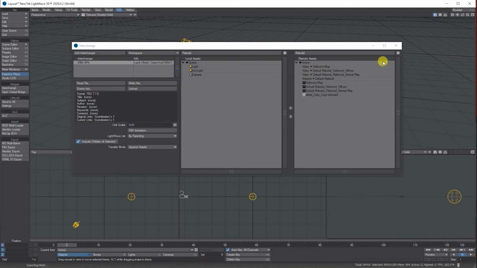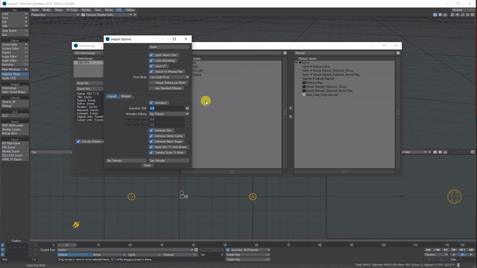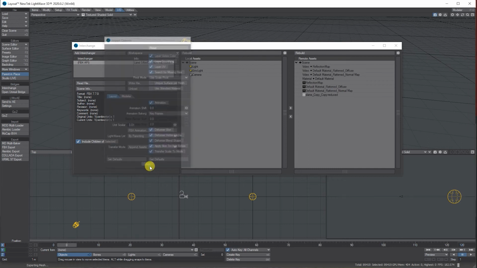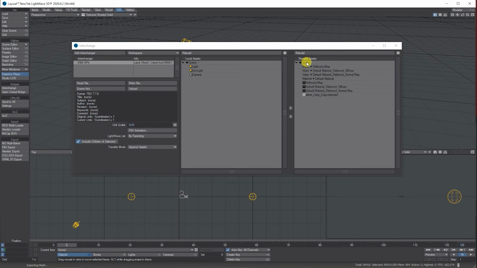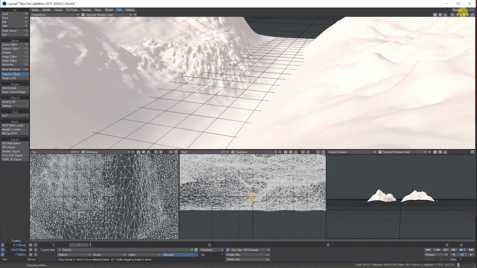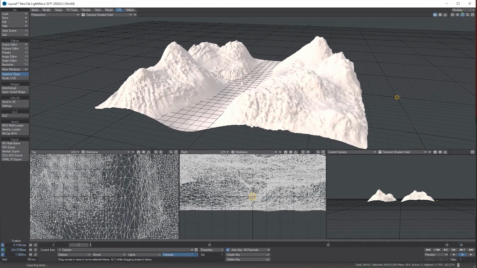When it comes through, if you click this little cog here, by default this is what you'll get the first time you use it. If this is ticked, it will bring it through as a standard material. If you untick it, it'll bring it through as a PBR. But it doesn't exactly work straightforwardly like that, so I'll show you what I mean. Once you've done that, you grab the scene for the assets and pull it over and you get this. So the OpenGL isn't showing it.